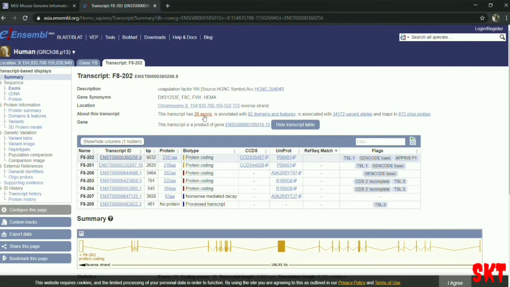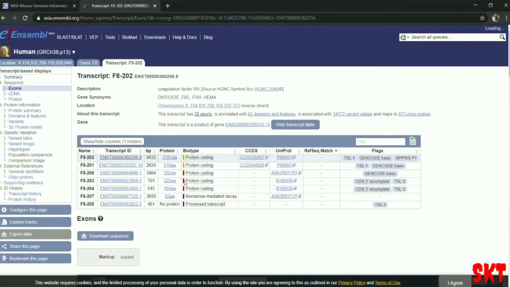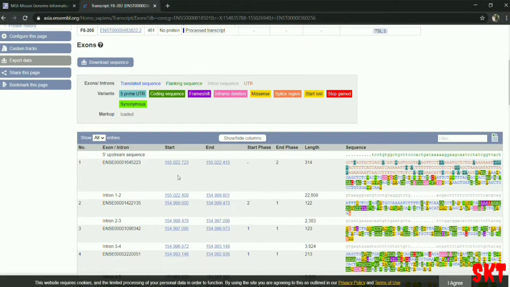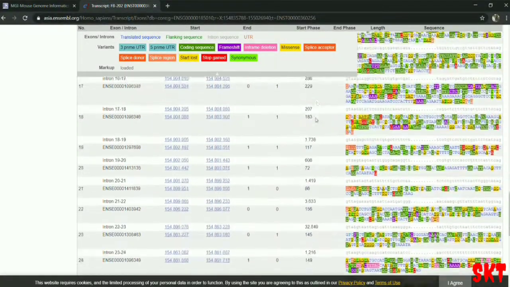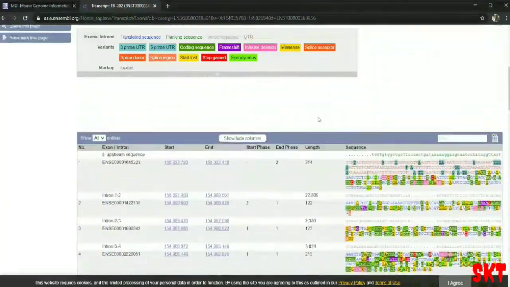So you can see here there are 26 exons, that is protein coding sequences. There are 26 exons, and in between there are introns, which are non-protein coding sequences. The last one is very long, and also the 14th one.